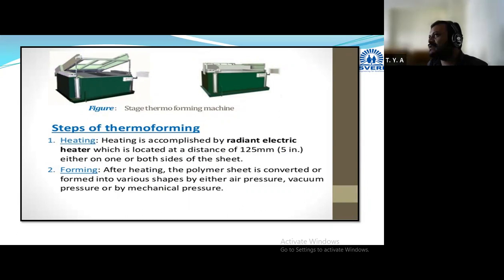Now in the first stage, we are taking the plastic sheet. To manufacture that plastic sheet, we can use different methods. Which method will be used for manufacturing of the plastic sheets? Plastic sheet can be manufactured by using